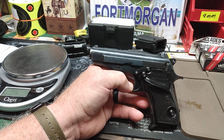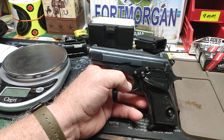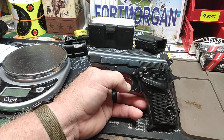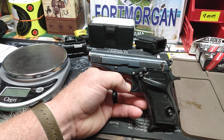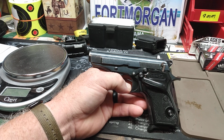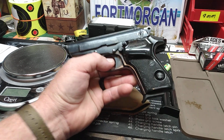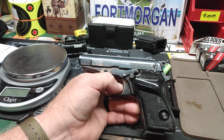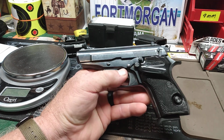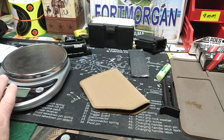Of course, it didn't come with the manual, so I'll have to either buy one in PDF form or somebody. But there's not much info on it. Hardly any YouTube videos that I can find anywhere on it, or anybody who's got one. They all got the double action, single action. What I have found on a couple Bersa forums, guys said that these were sweet shooting guns, and it's heavy. It's all